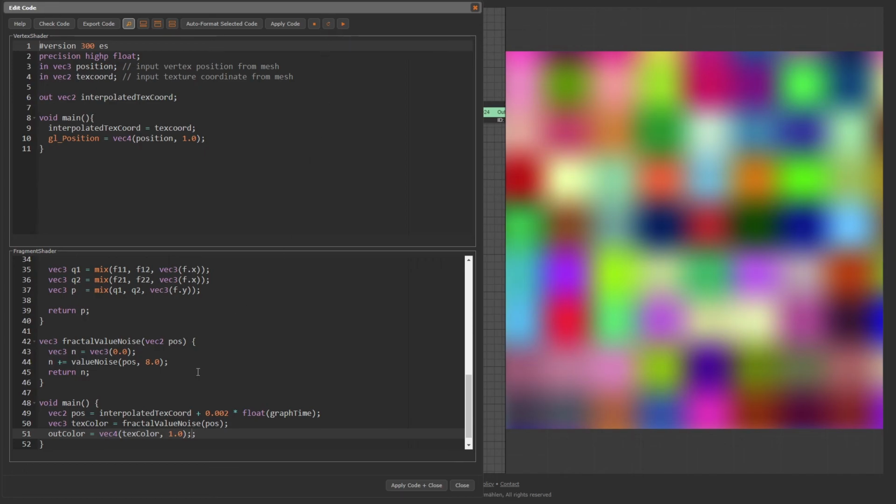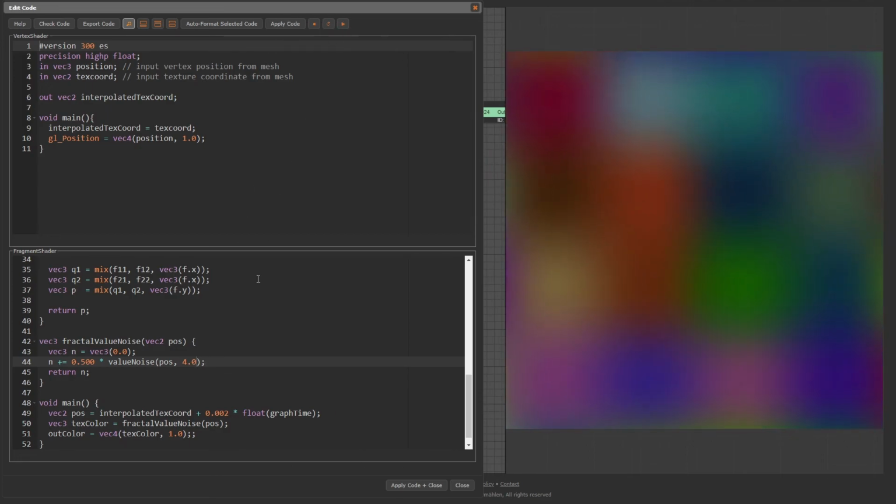The idea of fractal noise is that we sum up noise with different frequencies, which means here different values for the grid size parameter. A common approach is to double the frequency and take half the amplitude for every layer. So let's try n plus equal 0.5 times valueNoise pos, 4.